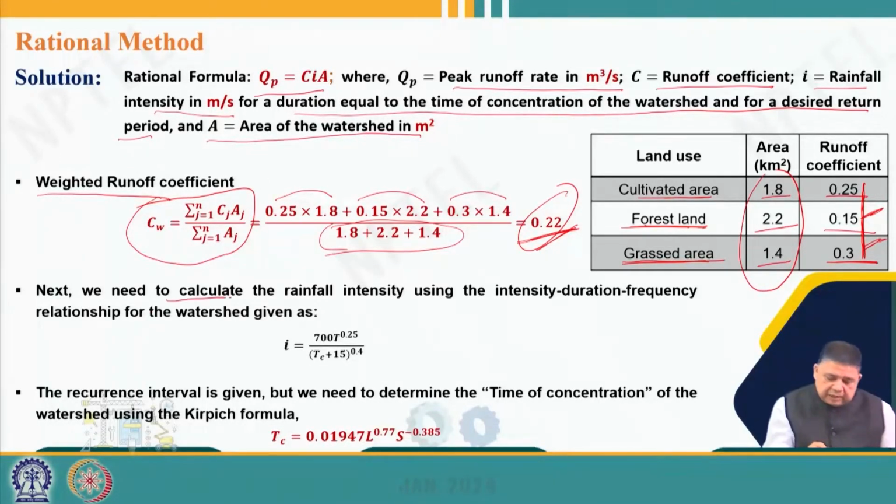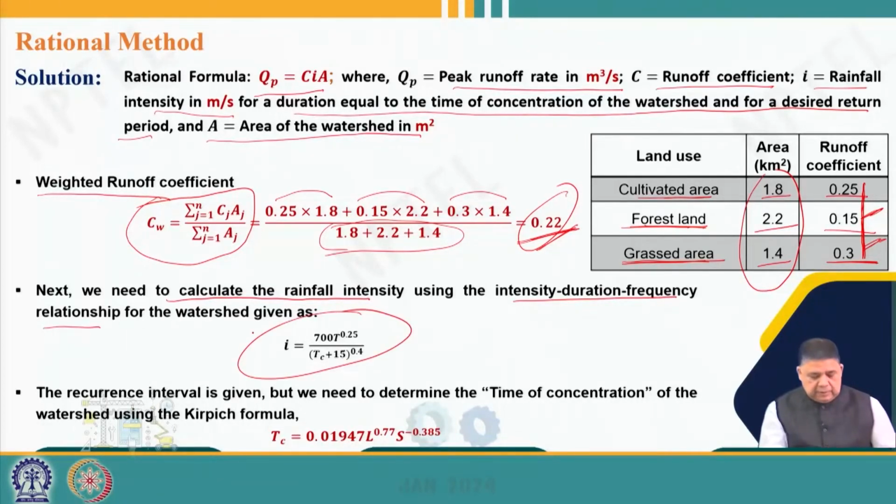Next, we need to calculate the rainfall intensity, for which we have to use the given intensity duration curve relationship, which is given here. Now, the recurrence interval is already given to us in the problem, but we need to determine the time of concentration of the watershed. As we mentioned, there are several methods, but the Kirpich formula is the most popular formula for determining time of concentration, and as per this formula, TC is